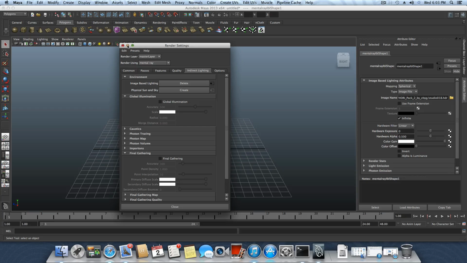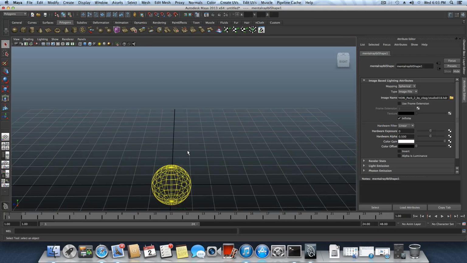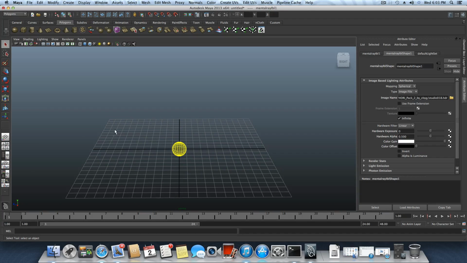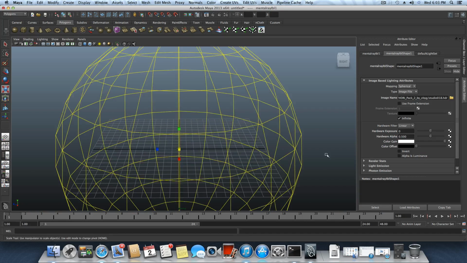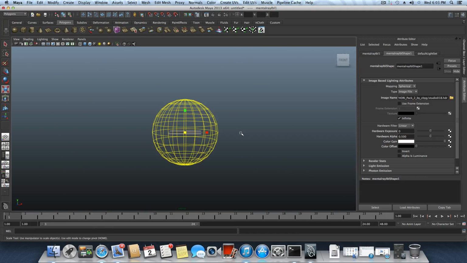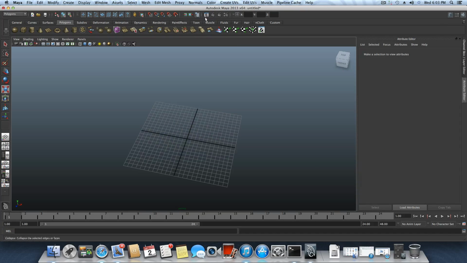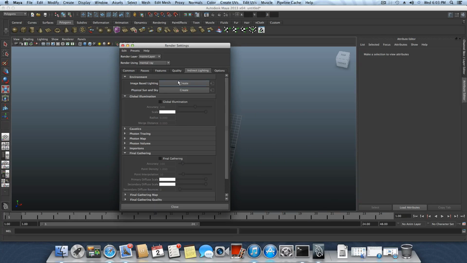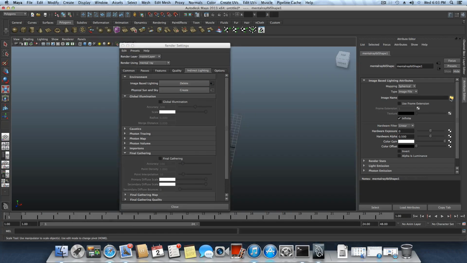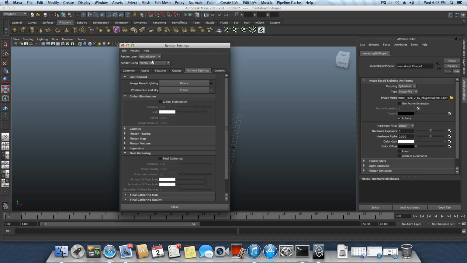Now, what we've actually done here is apply a kind of sphere into our scene, but it's not supposed to be that small. It should be very big, and somehow I messed something up here. So I will undo this and undo that, and I will try to create a new one. Maybe this time it will work. Choose open, and